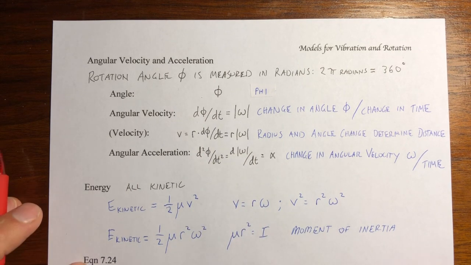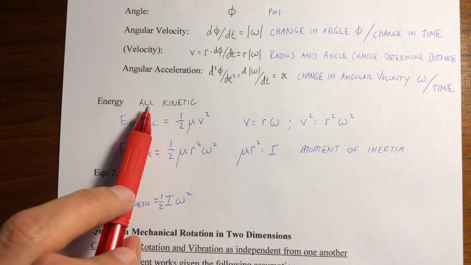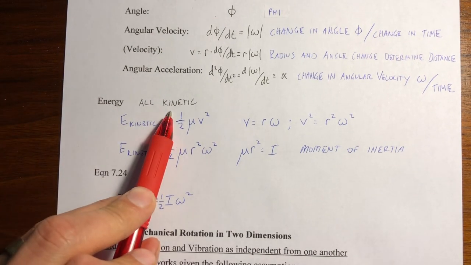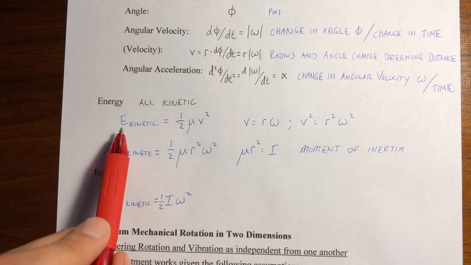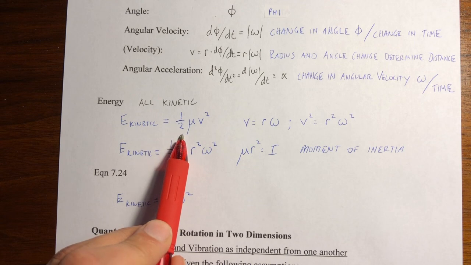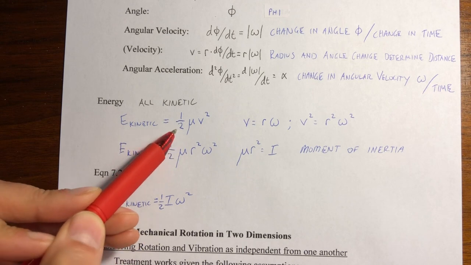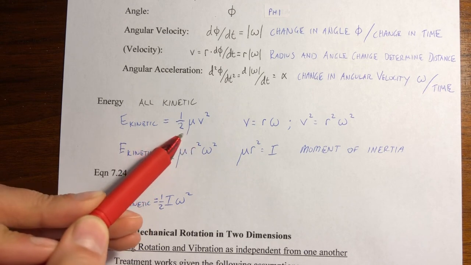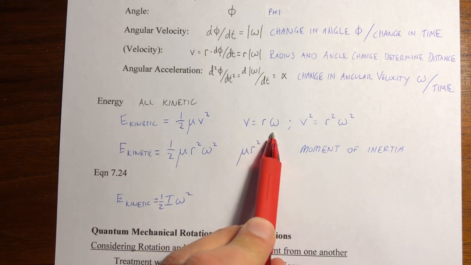So now let's move on and talk about energy. The energy of this system is all kinetic. Remember, we're considering this to have no potential energy, and that's because there's no resistance to the rotation. So our kinetic energy is going to be equal to 1/2 mass times velocity squared. For us, this is going to be a reduced mass. So instead of 1/2 mv squared, we have 1/2 mu v squared, where again, v is equal to r times